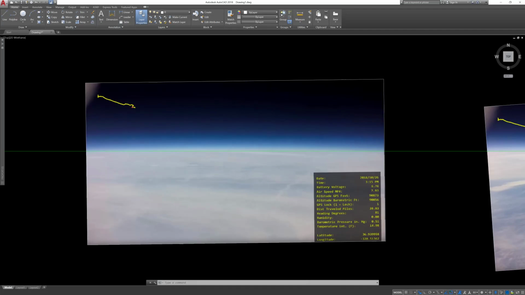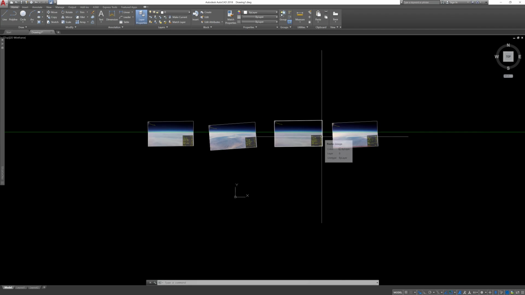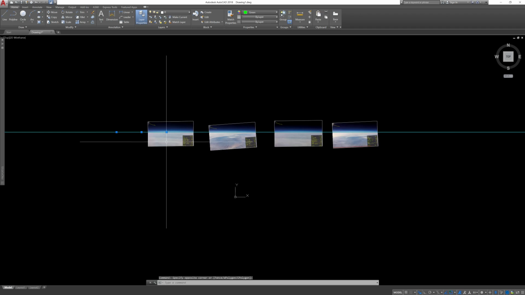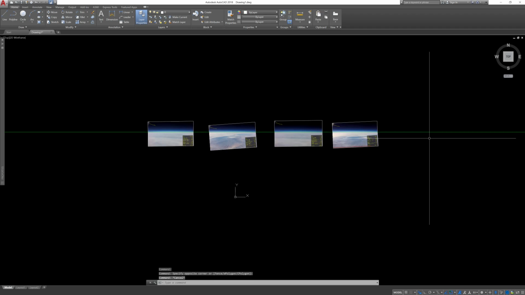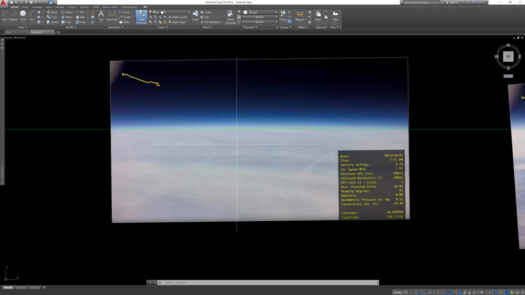But anyway, you can see this is AutoCAD 2018. This line is completely flat. That's one thing I like about AutoCAD. It is very accurate as far as angles and things of that nature. The screen captures I caught, like I said, I tried to go in the center of the screen as much as possible, just in case there was some distortion with the lens, but there didn't appear to be. I don't know what kind of camera he used. Maybe he says at the beginning and I missed it. But you can see here at